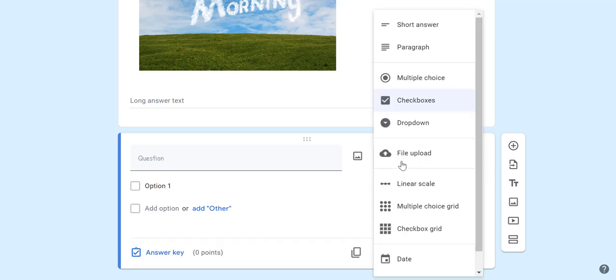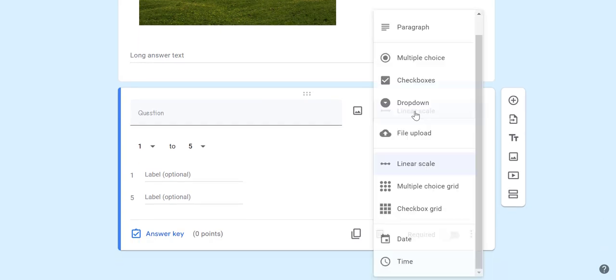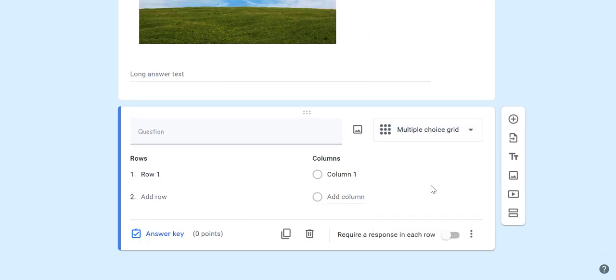Checkboxes usually means there's more than one choice. Linear scale is like a 1 through 5 option. Multiple choice grid. So this is probably what I would use to match, even though you could have a checkbox grid as well. And I've used this also. So let's say match the